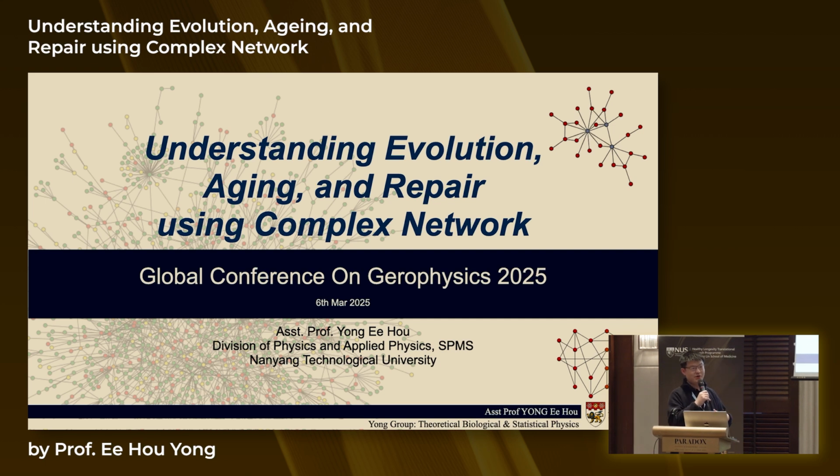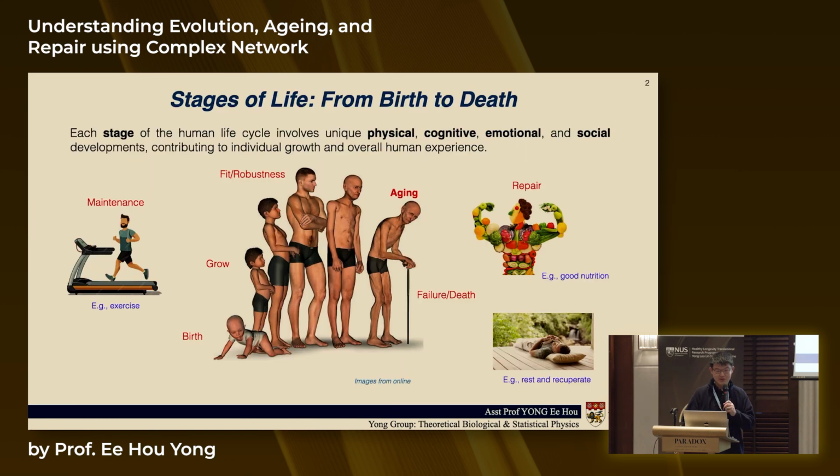So today I'm going to give a more computational perspective to understand and describe aging. In life we go through different stages, right? From birth, growth, then you become an adult, and then you think about how fit you are, the concept of what is robust, and eventually you will age and die, right? I will try to describe all these things from a computational point of view.